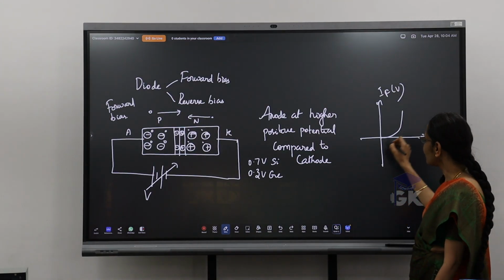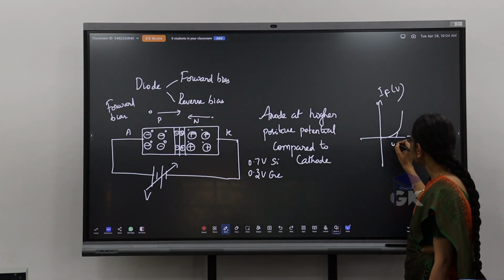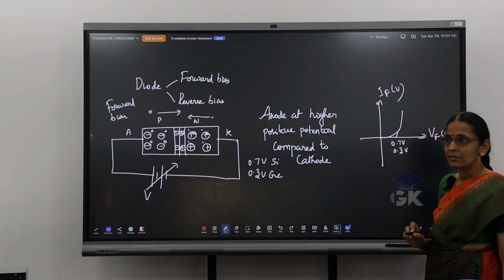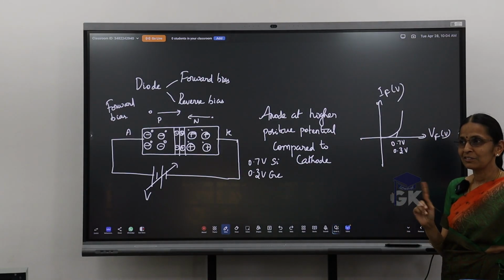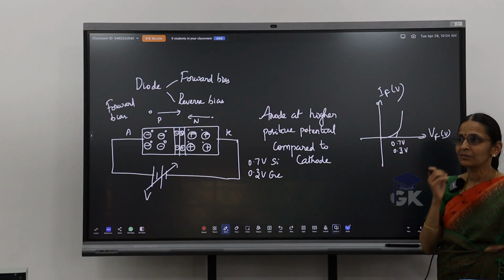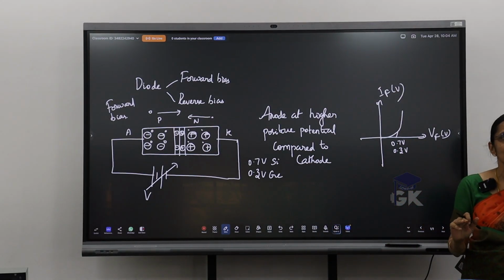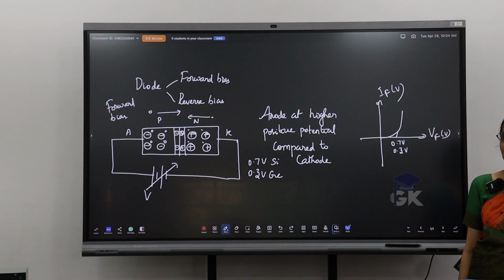So I get a characteristic in this fashion. This point is nothing but my 0.7 or 0.3. It's not cut-off. Don't confuse with words. What is the voltage called? It's basically the barrier potential here. In the characteristics, how do I call it? Cut-in voltage or the